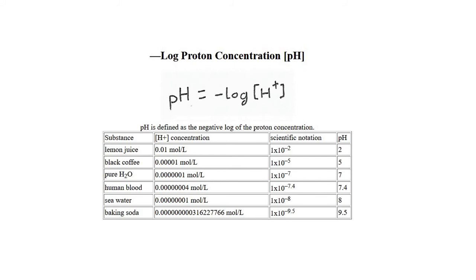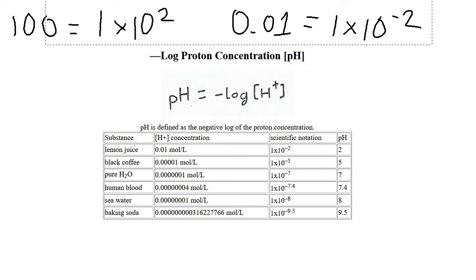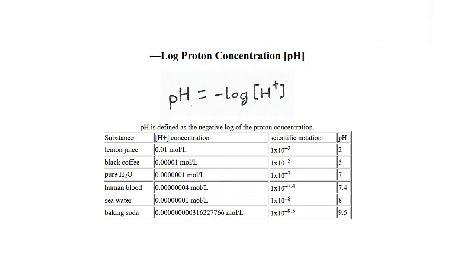And just a quick reminder about scientific notation, 100 equals 1 times 10 to the 2, or 10 squared. And 0.01, or 1/100th, equals 1 times 10 to the negative 2. So if we take a look down below,